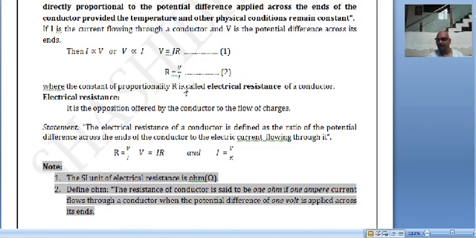Volt divided by current, current is ampere, volt per ampere. 1 volt per ampere is called 1 ohm, O-H-M, ohm. See the symbol here, look at the cursor, symbol ohm. Ohm is the SI unit of electrical resistance. SI unit of electrical resistance is ohm, O-H-M, ohm. Symbol, this is ohm, not HOME, ohm.